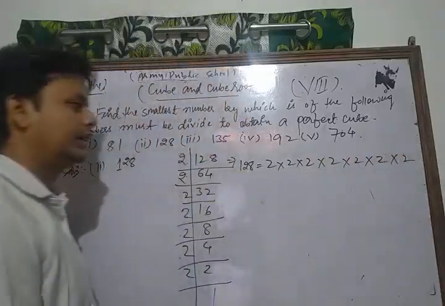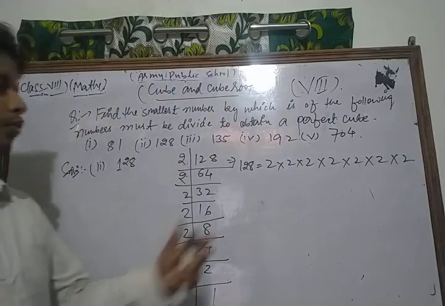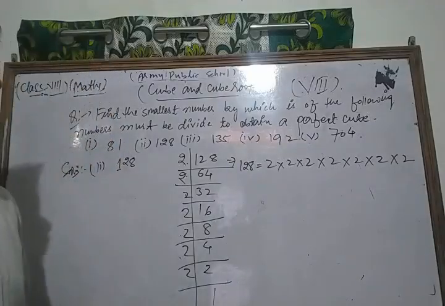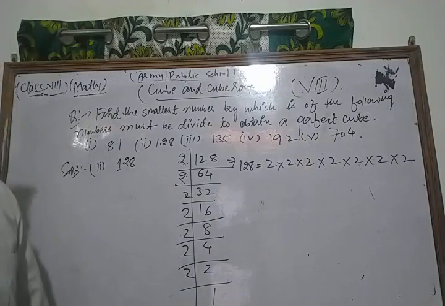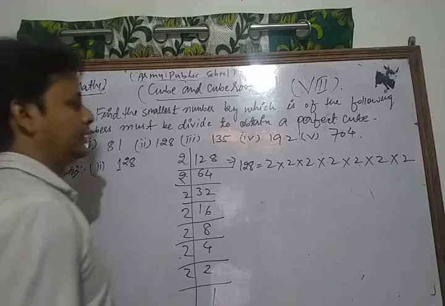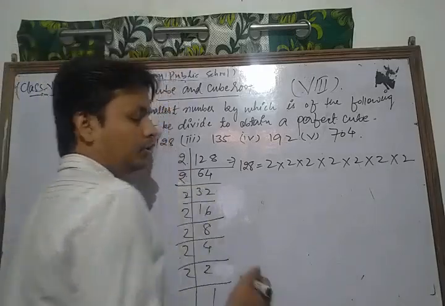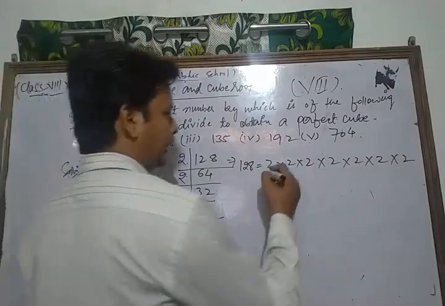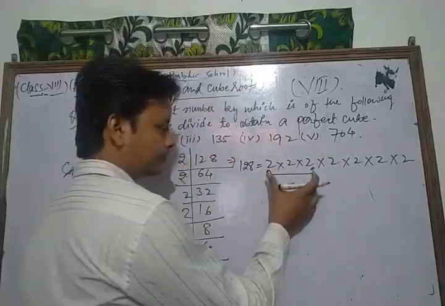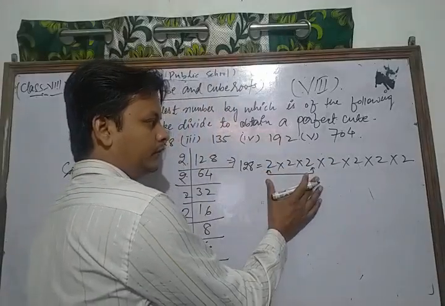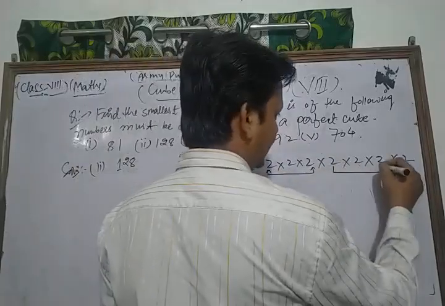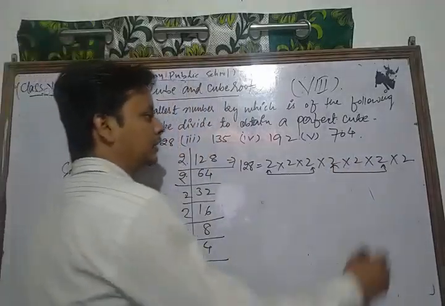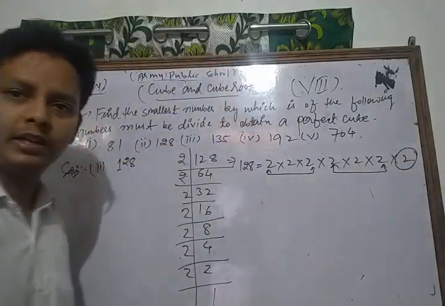Okay, dear students, so we can write 128 in that way. Okay, we do its prime factorization. Now what we observe, dear students, is that we group the factors in triplets of equal factors. Here is the grouping of factors in triplets. Now that is also a grouping of factors in triplets of equal factors, but one 2 is left, one 2 is extra, na? So